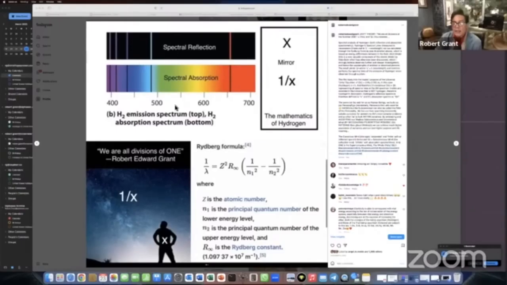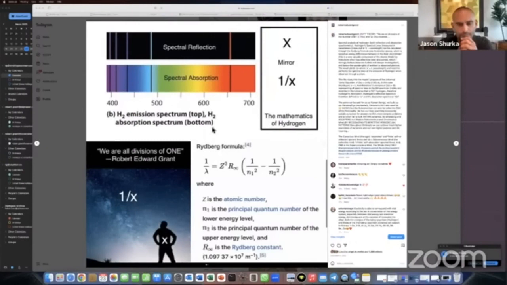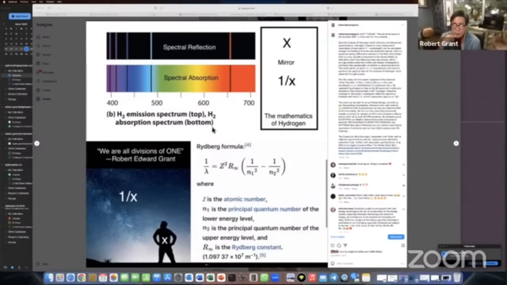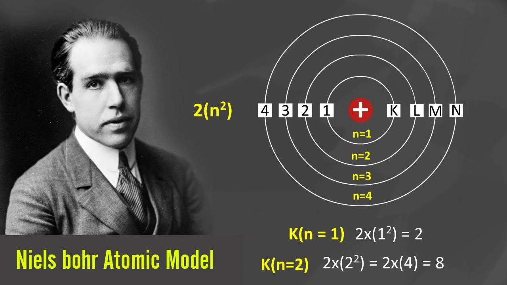The mathematics of this is something called the Rydberg formula. And Niels Bohr, who was a famous Danish physicist in the 1930s and 40s, who worked closely with Einstein, was more on the quantum physics side of things. He basically found that you could exactly predict, based on the frequency of hydrogen, its spectral emission of color. And it was exactly accurate. And this is called the Bohr atom model.